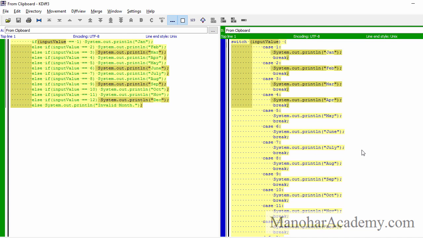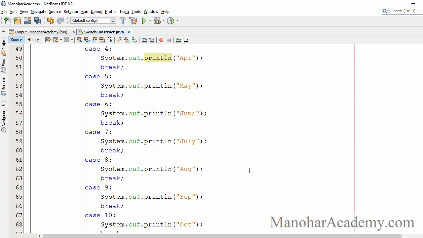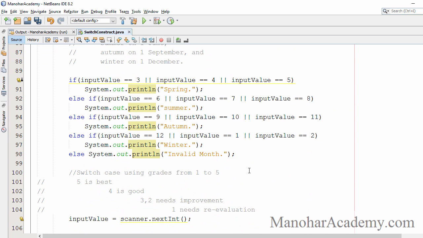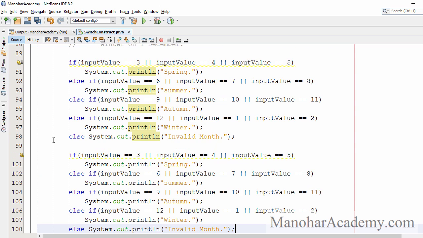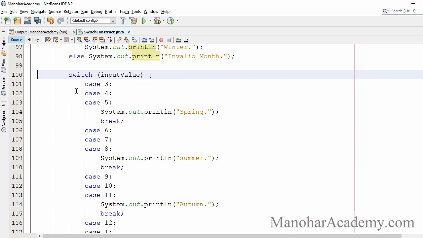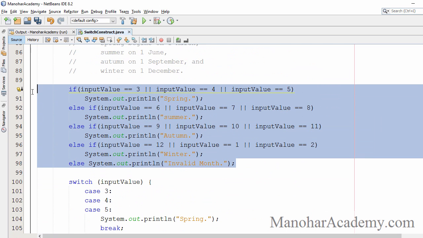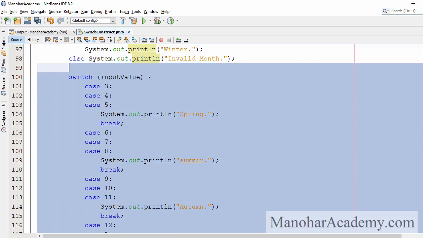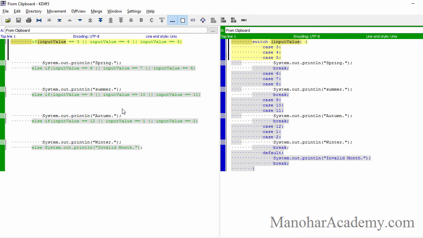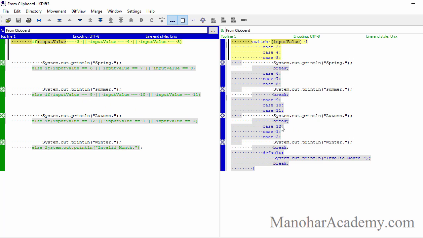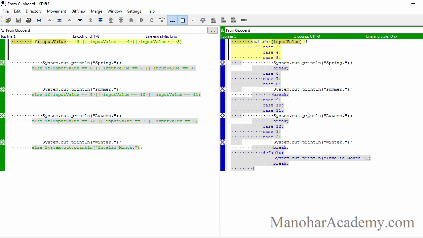Also we will see some other features of the switch statement. We can convert the other one to switch. Let's do that. So in this case, this is how it looks. Let me copy paste. Okay, so if you see here, what is more readable? In this case, you have to scan across, but here you can simply see this is 9, 10, 11, it is autumn. 12, 1, 2, it is winter. So the second case, that is using switch, is more readable.